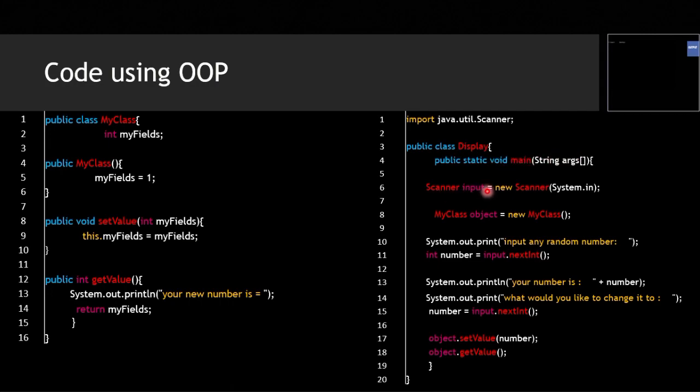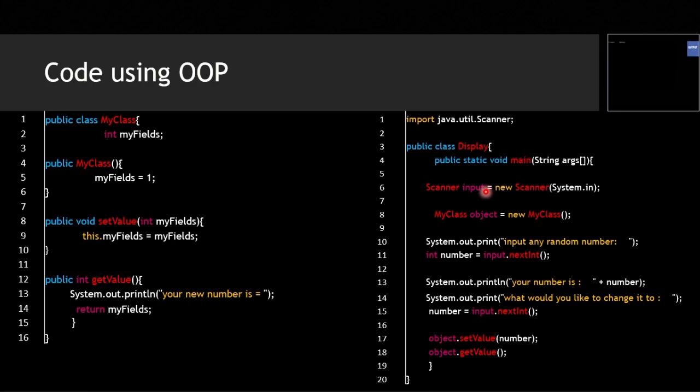So we have our public static void main String args, and then we have our Scanner input equals new Scanner. The Scanner class is basically built like this. It has a name, which is Scanner. It has the data types. It has a constructor, and this is the constructor for the Scanner class. And these are the arguments that you put in the Scanner class. This is the object that we have created. It could be any name,